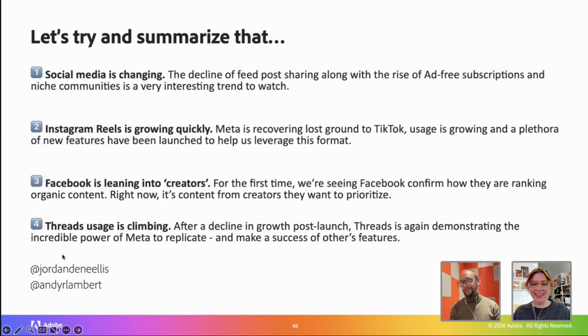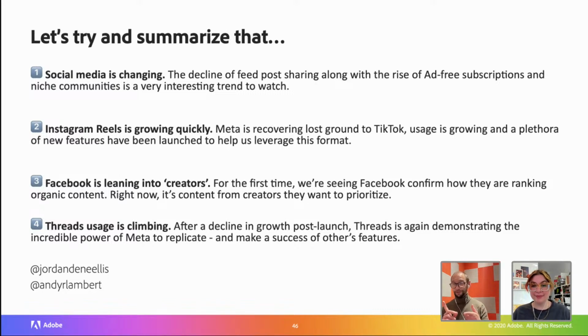And Threads is climbing again. There's a lot of momentum around Threads. Now, me personally, I'm still in the kind of vague experimenting mode. I post there once a week. Not really sure. Don't spend a lot of time on the platform right now. Curious to know if anyone does. I'm considering it like the toe in the water type of scenario right now. Definitely want to keep an eye on because Meta have form in copying people's features. So now copying Twitter and making it work for them.